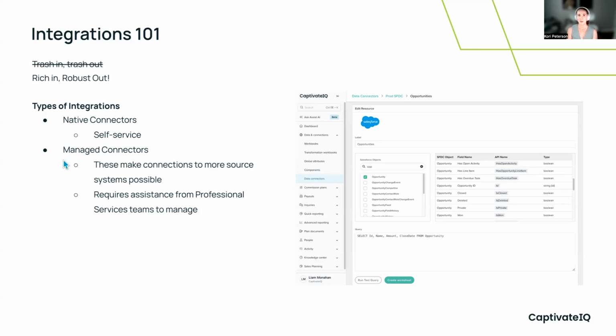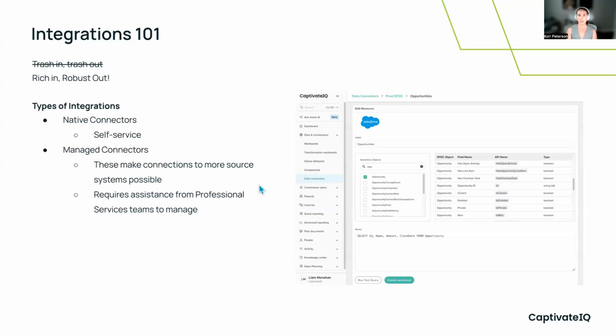But because it does require a little bit more intensive coding, it does require assistance from our professional services teams to manage. We want to help have a great user experience. So again, because of the level of expertise involved to update the items in these managed connectors, we'll just take care of that for you.